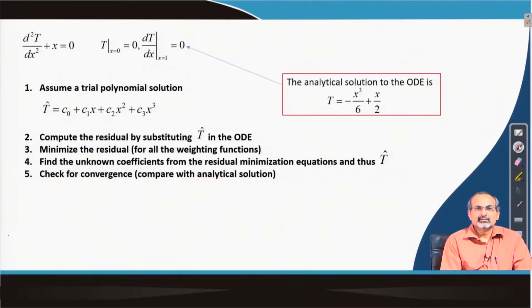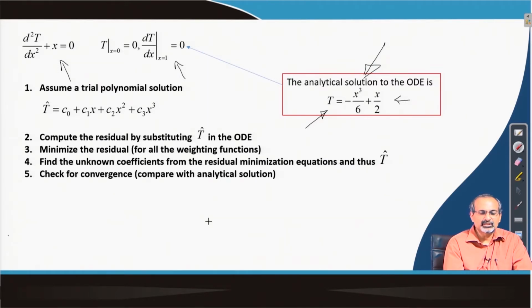So, let us look at the problem we are trying to solve here. So, we have stated the differential equation here with the boundary conditions here, and we will have a look at the analytical solution of the differential equation. So, if you integrate this equation twice and you impose the boundary conditions, it is a very simple exercise to show that this dependent variable t will vary in this form with x. So, that is based on the two boundary conditions that we have imposed,